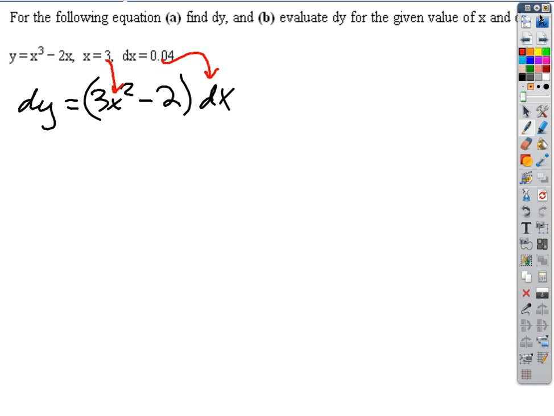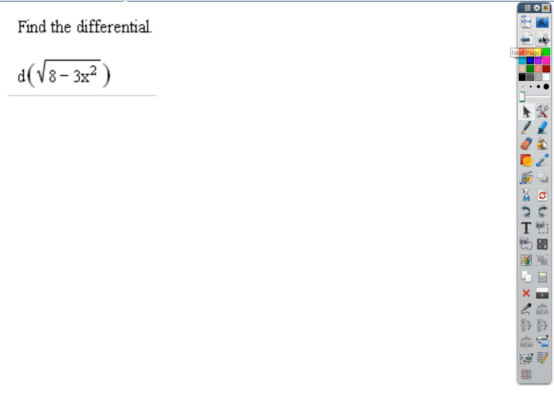Okay. Find the differential. So what this is saying here, when it asks for a differential, this is just the derivative with the dx attached to it, right? That's all you're doing. The differential is just the derivative of this with respect to x, but then I'm going to multiply both sides by dx, right? So every time you're given a standard form of a derivative, for example, we know that the derivative with respect to x of tangent u is just secant squared u times u prime,